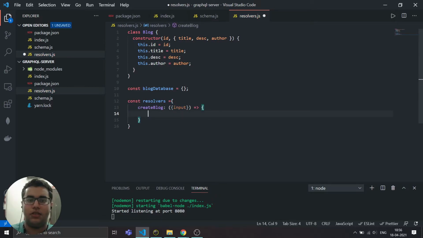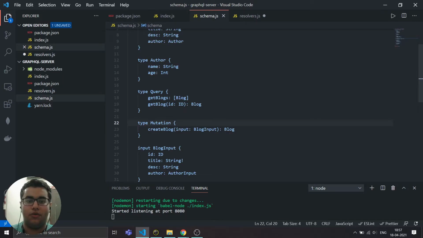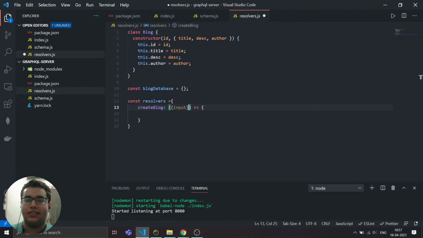Where this input is coming from is from here. If I name it, let's say, Spider-Man, then in the resolver I will have to use Spider-Man, but it is input, some naming convention.